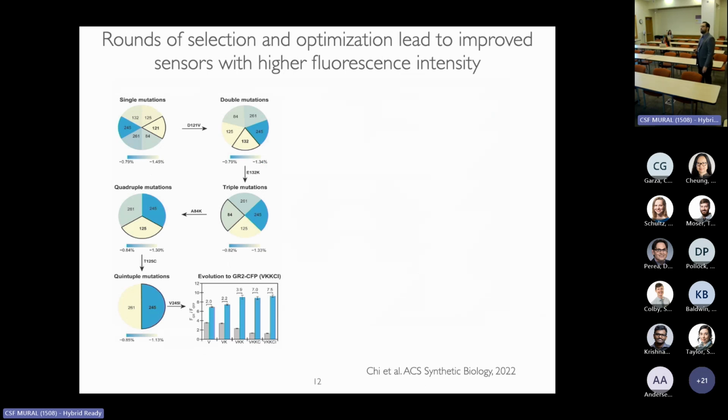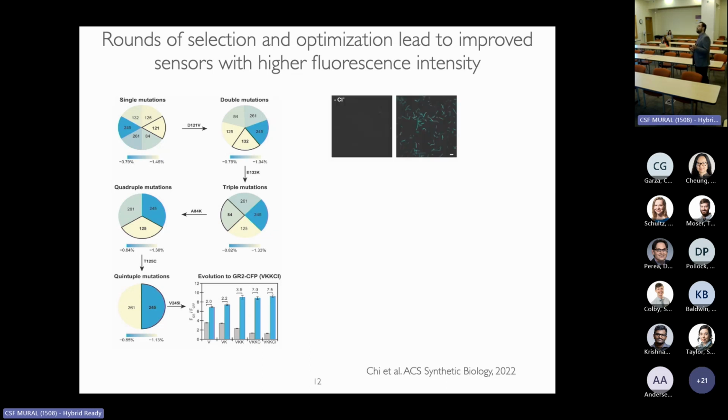So this is one example where we took this initial 121 mutation and then, using this idea of connectivity and improvement of energy, we selected a new site, 132, where we found that mutation E2K led to an improvement in fluorescence, and then again we go to the next, 84, and then 125, and so on. So at the end, we end up with 5 mutants